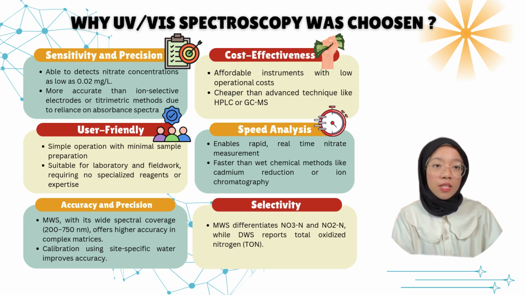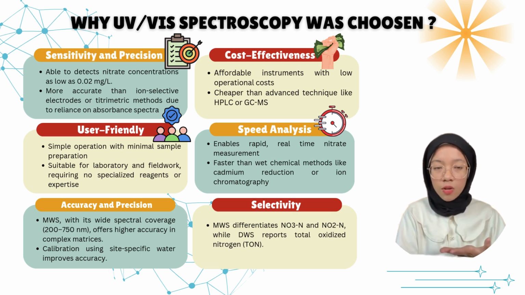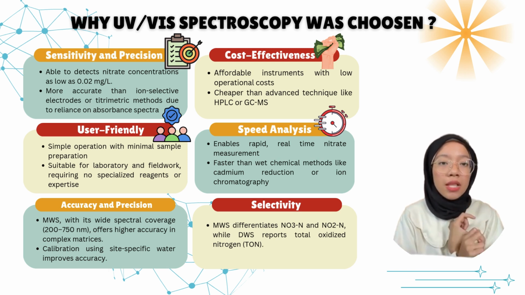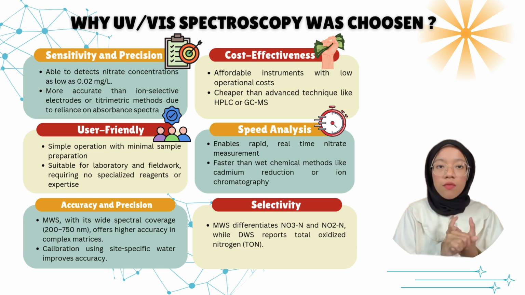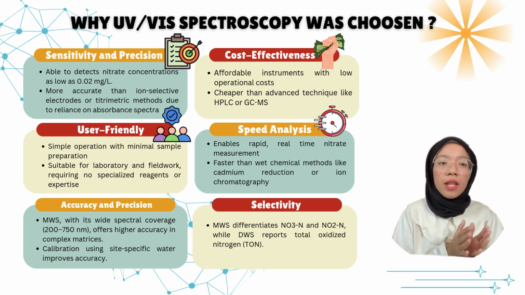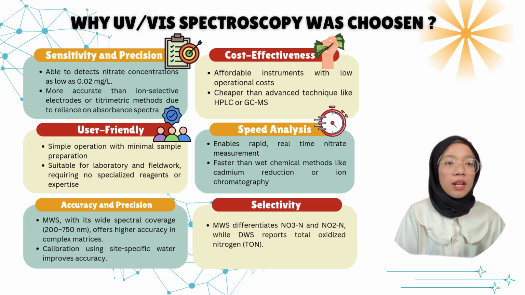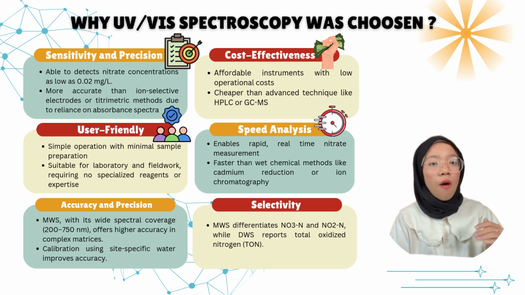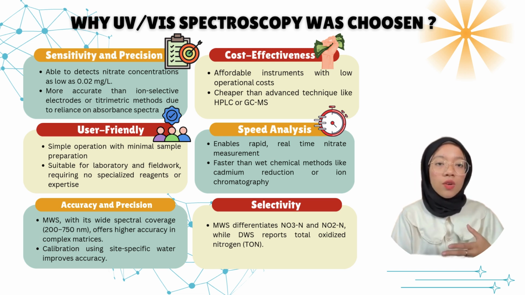Another key advantage of using UV visible spectroscopy is speed. It enables rapid, real-time measurements of nitrates, which is especially important for dynamic environmental systems. It is significantly faster than traditional wet chemical methods such as cadmium reduction or ion chromatography, ensuring quick decision-making